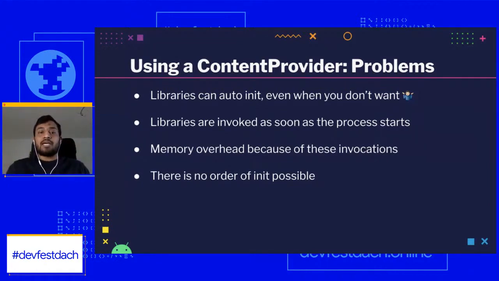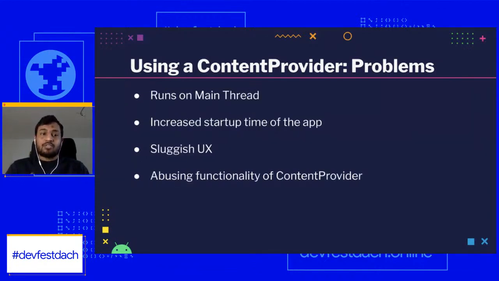Because this thing is happening, understand that there will be some sort of memory overhead also happening. It's going to start allocating memory. It's going to create some objects. It's going to do a bunch of different invocations that it can do as soon as your application is up. And because it's also happening for multiple libraries, they all are going to start up. There is no order of initialization. It's like many of these parallel initializations happening at the same time, which eventually leads us into a situation where